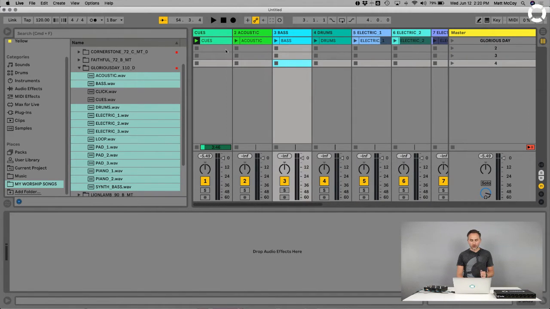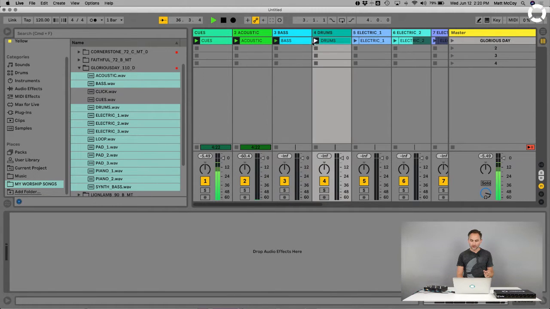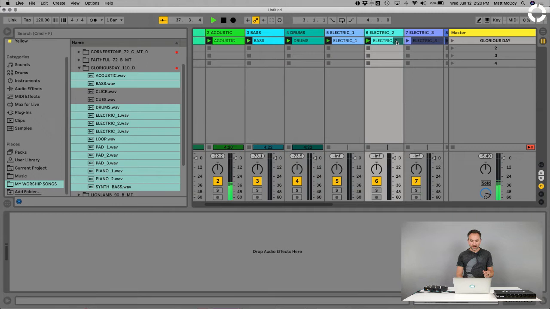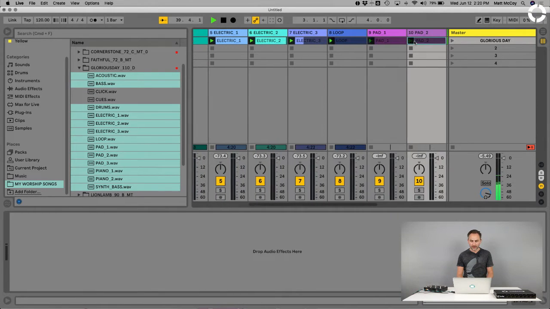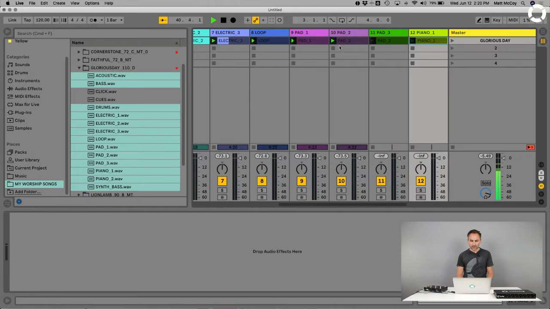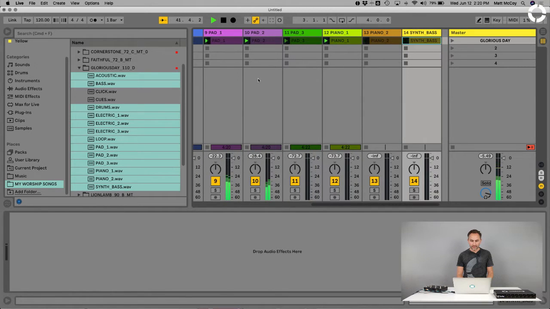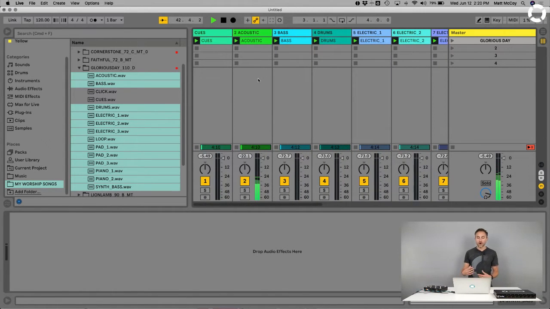So let me show you what these play buttons are. You'll notice that every single clip has a play button on it. You don't want to do what I'm doing right now, where I'm clicking play on every single one of these audio files. The reason you don't want to do that is because now all the tracks are not going to be playing in time with each other, because they are not starting at the same time. So instead of doing that,